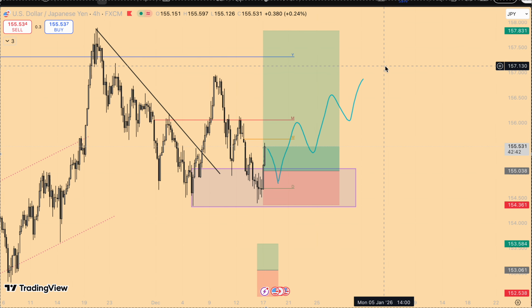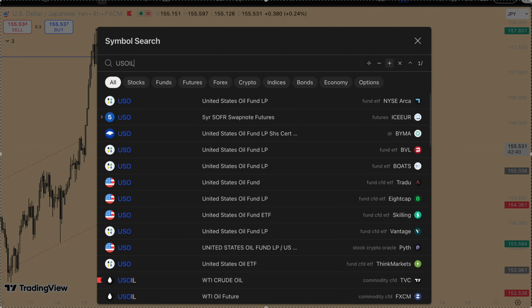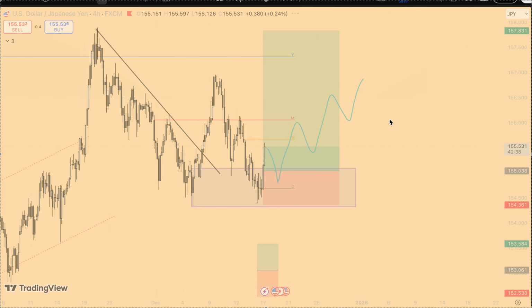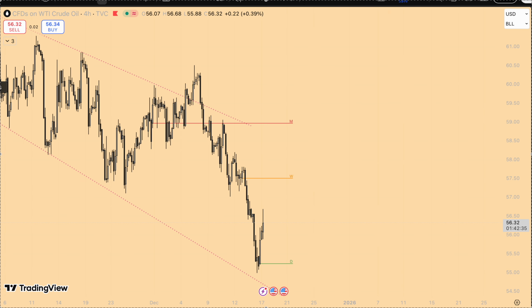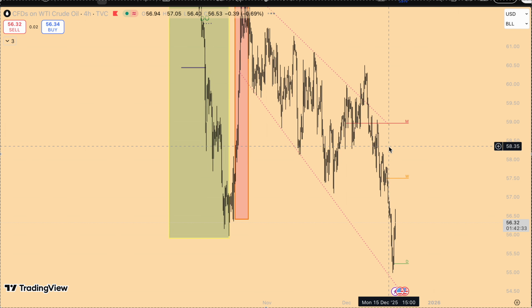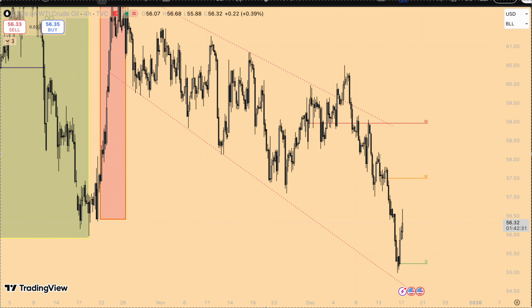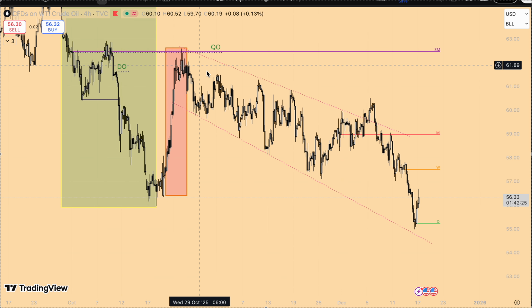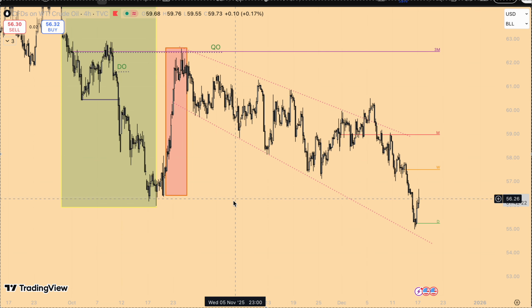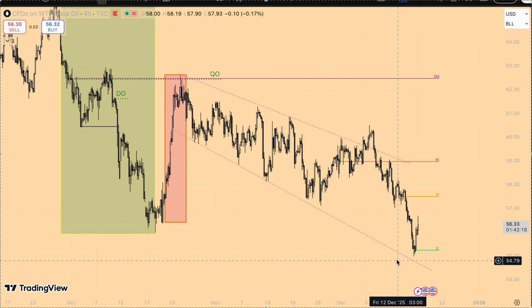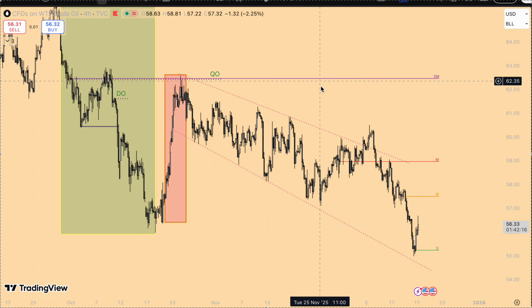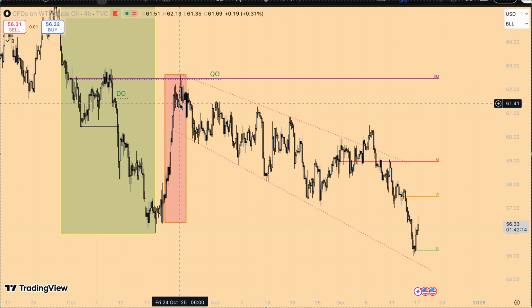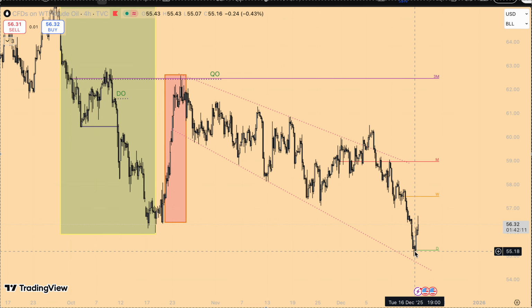Okay, and let's look at US oil. You can see, man, this has just been dumping. I just wanted to show you guys how many pips we've been dumping from. I think we called this move from here, right? We called it from here as we saw this retracement phase, and then it started to move choppy. But finally, it broke, and now you could just see, yes, it took some time since October, but yes, it happened.